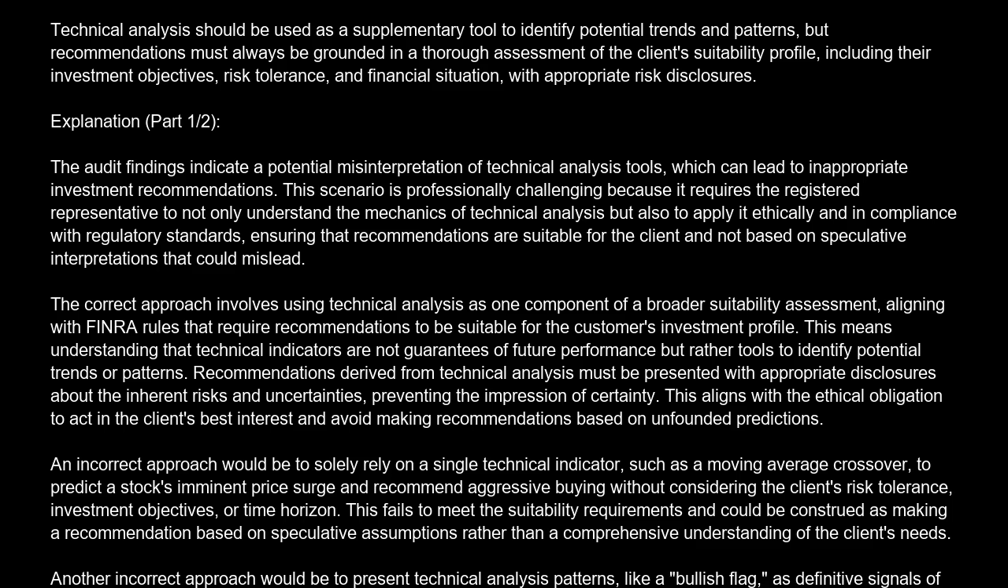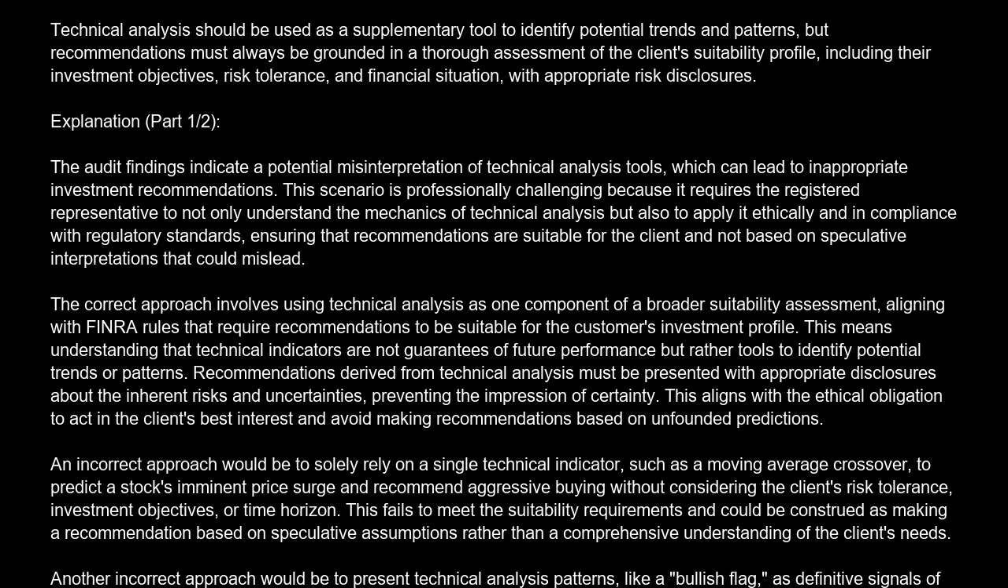The correct approach involves using technical analysis as one component of a broader suitability assessment, aligning with FINRA rules that require recommendations to be suitable for the customer's investment profile. This means understanding that technical indicators are not guarantees of future performance, but rather tools to identify potential trends or patterns. Recommendations derived from technical analysis must be presented with appropriate disclosures about the inherent risks and uncertainties, preventing the impression of certainty. This aligns with the ethical obligation to act in the client's best interest and avoid making recommendations